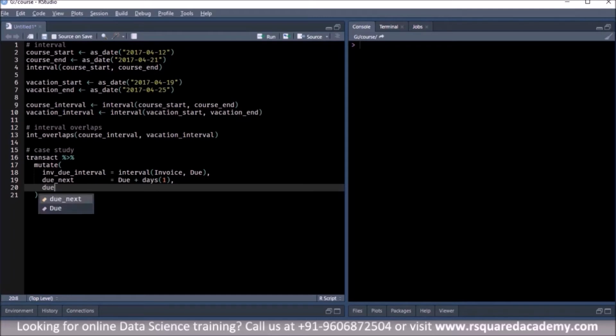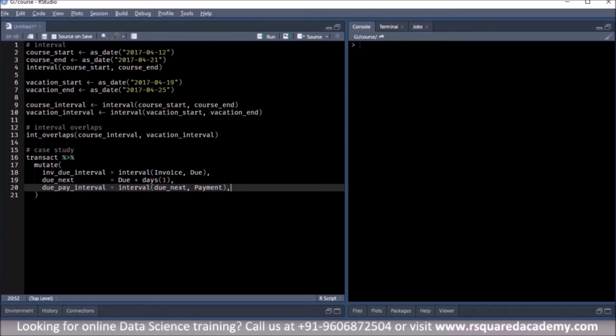Now when we are creating the second interval, that is between the due date and payment date, I will use this due next instead of the due date. So here the interval is between due next, where we have moved the due date forward by 1 day, and the payment date. We're not making any changes to the payment date, only the due date has been moved forward by 1 day.